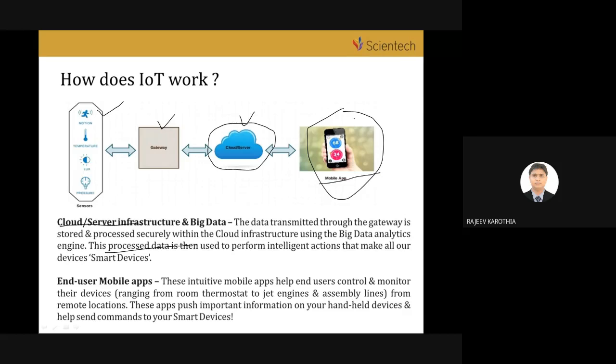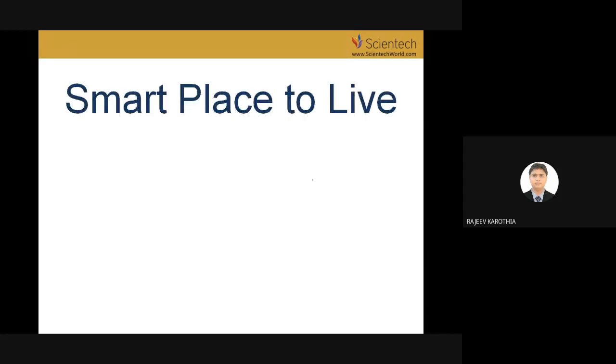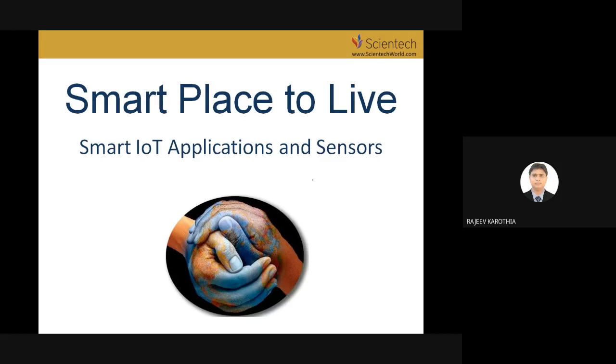And then for the mobile application, you have to learn about HTML, PHP, Java, JavaScript, jQuery, so that you are able to make some beautiful applications, or you can convert your raw data into useful information by using this end user application. So these are the 4 or 5 building blocks of IoT. That is the main definition of IoT.